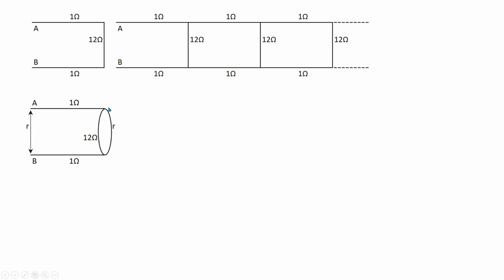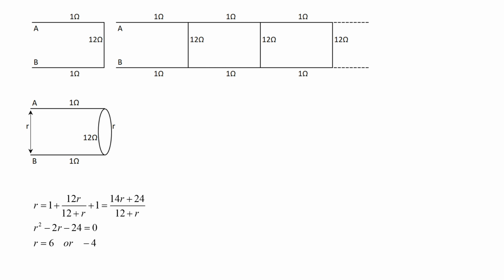Okay, so I have this R in parallel with 12. I calculate the effective resistance using the parallel resistance formula, and then I add these two resistances of 1 ohm each, and that will give me effective resistance R once again. So if you see, the input and the output are related. By this you can guess, if I solve this using an equation, that should give me a quadratic equation.